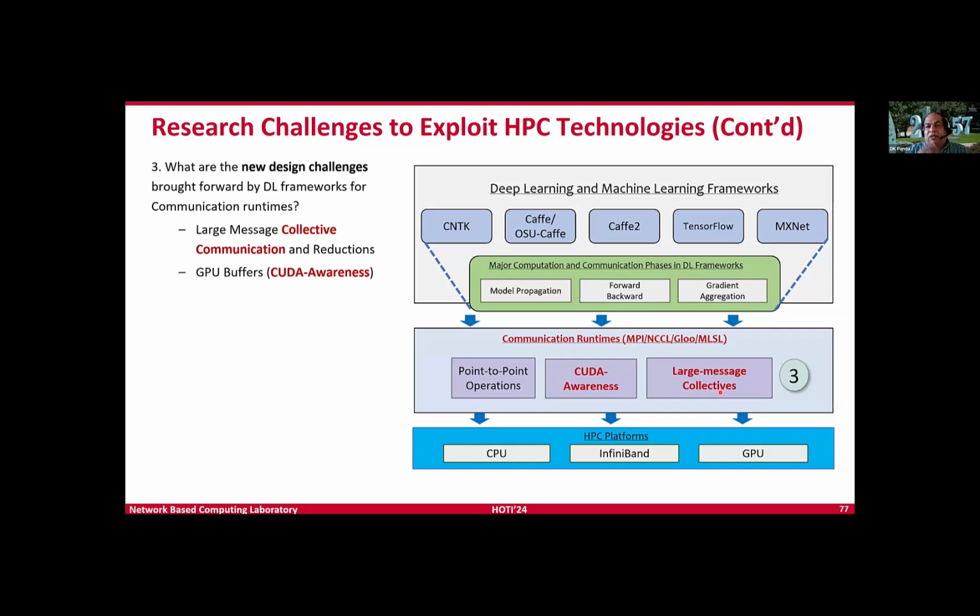If you are familiar with a lot of HPC applications, they are iterative in nature. So I distribute the things, they compute, might be some reduce, we are doing all reduce, but typically those all reduce are 8 bytes, 16 bytes. So historically, all the MPI libraries were optimizing the all reduce algorithm only for, let's say, 8 bytes. But now with this gradient aggregation, that could be very large, sometimes even 4 megabytes, 4 gigabytes.